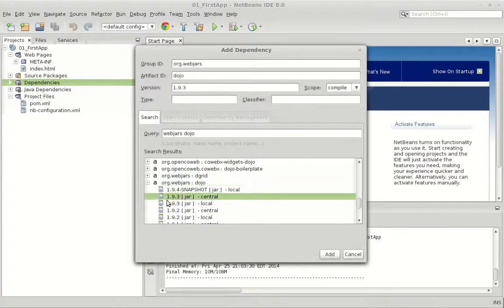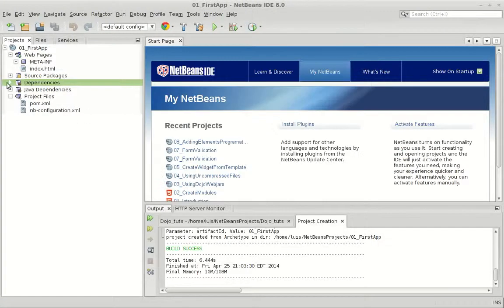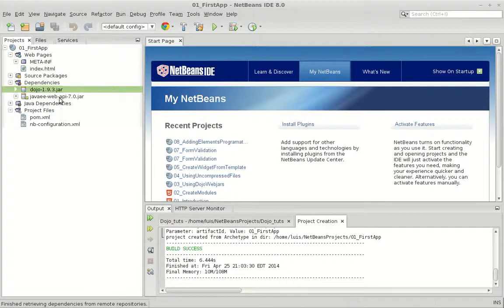I'm going to use this version 1.9.3 because it's the version that is already supported in WebJars. This version 1.9.4 is not supported. I have this version because I downloaded it from GitHub, so you're not going to have that version. So then I just add it as a dependency, and it's going to be shown in my dependencies, and that's it. Now in my index.html,